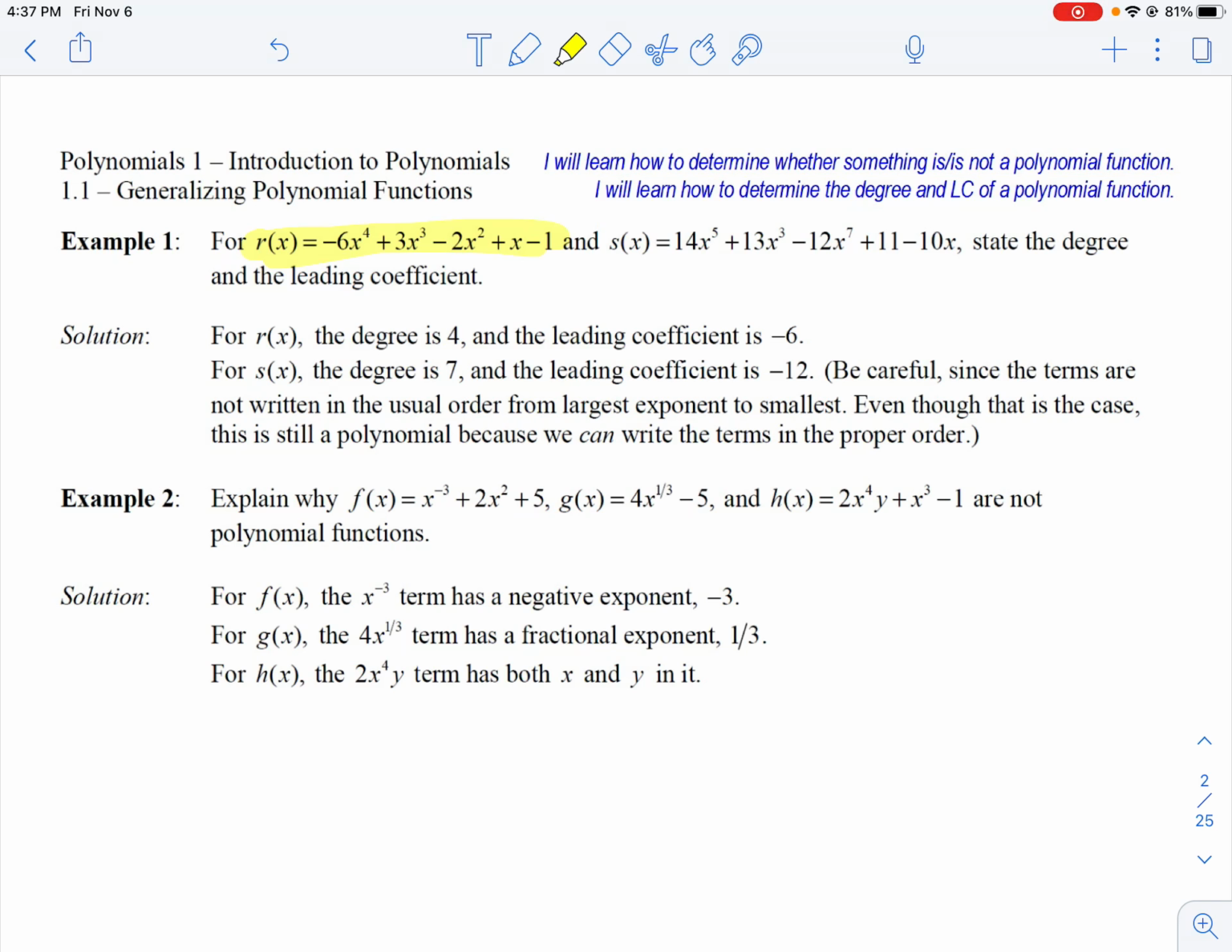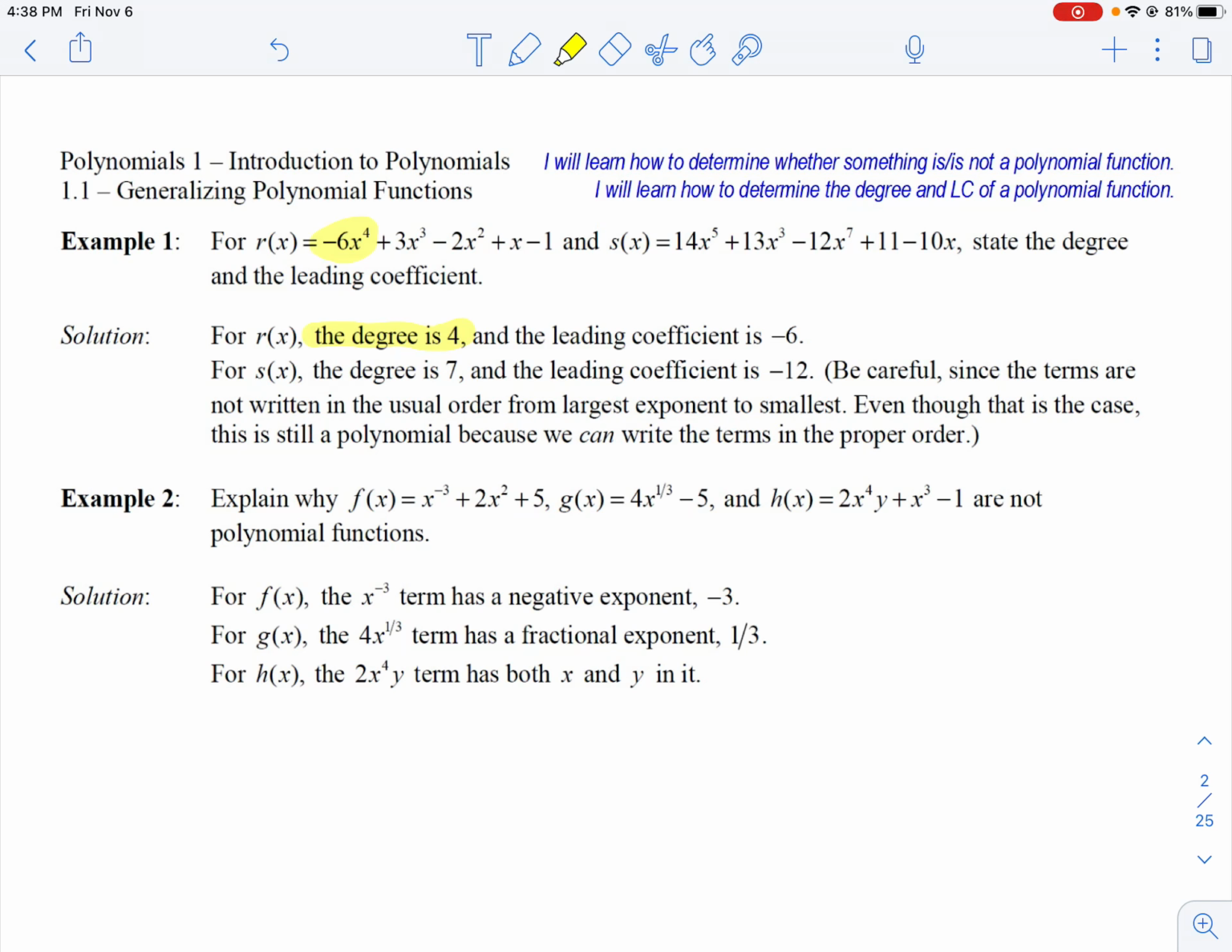And remember, we need to state the degree and the leading coefficient. According to the definition earlier, the degree of the polynomial is the largest exponent. So let us compare our exponents. We have 4, 3, 2, and then x to the power of 1, and then this one is x to the power of 0, right? That's the reason why there is no x value in it anymore. We call it the constant. Because this term has the largest exponent, 4,